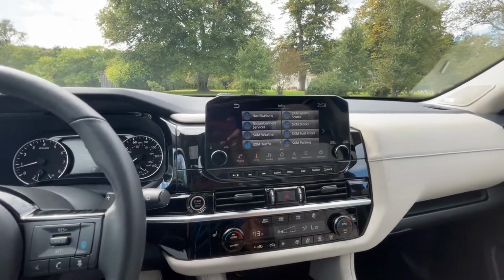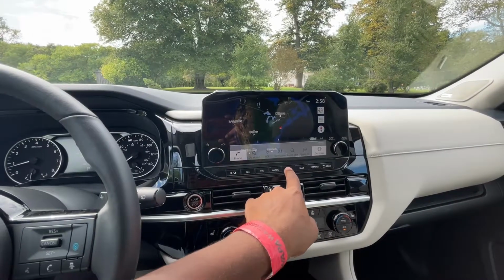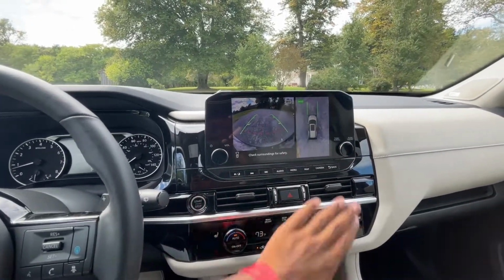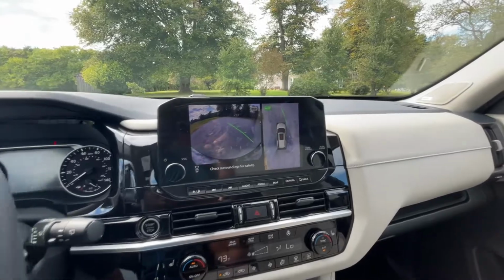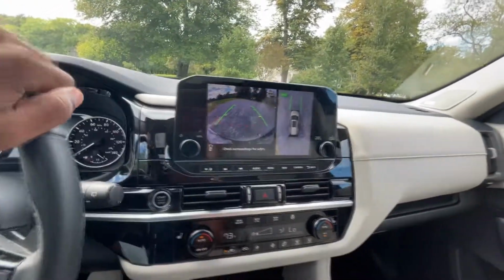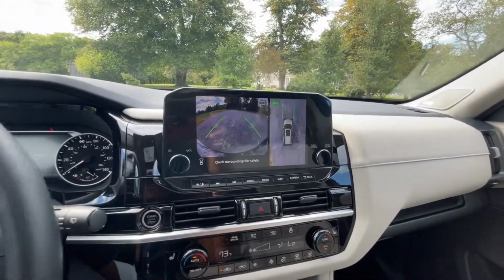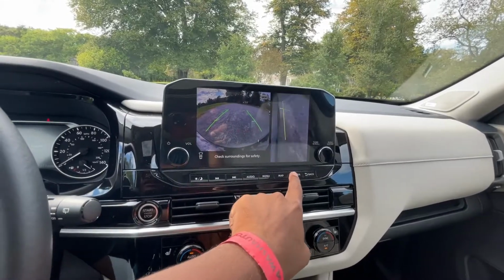It's pretty good, and there's a lot of stuff to go over in here, but you do have Apple CarPlay, Android Auto. If you hit the camera button, there you have the 360 camera, and the quality of it is much better. I don't have to put it in reverse, but you can see this is pointing in front of me. If I hit it again, it should